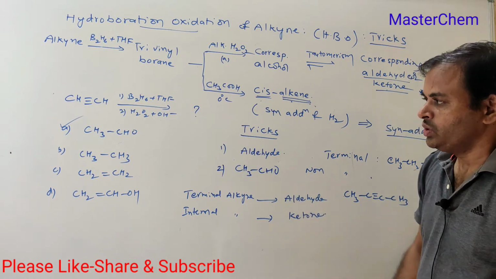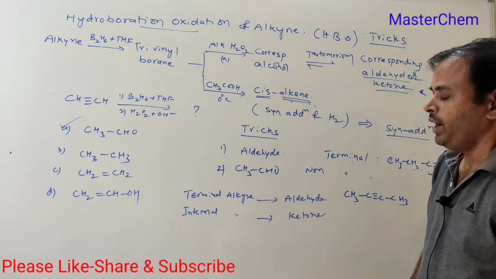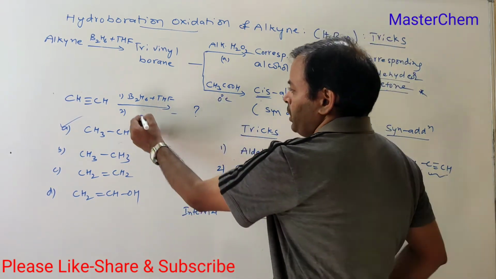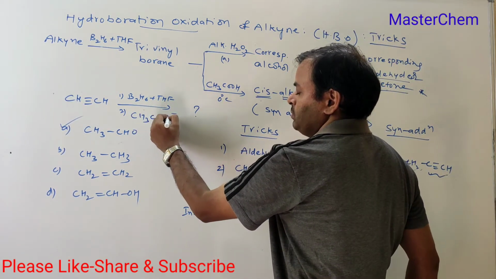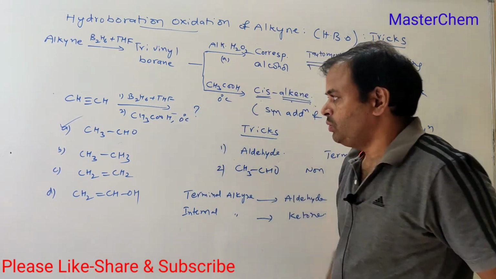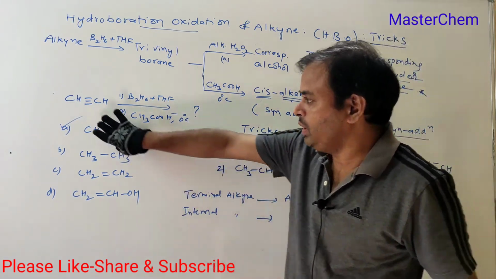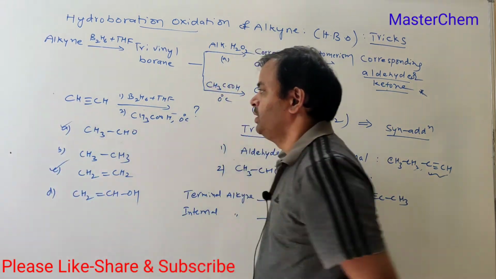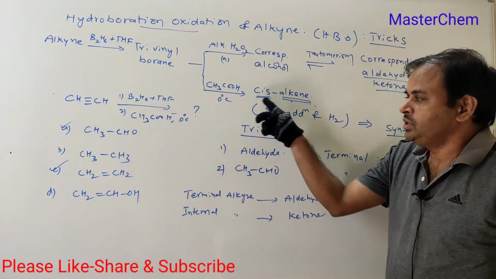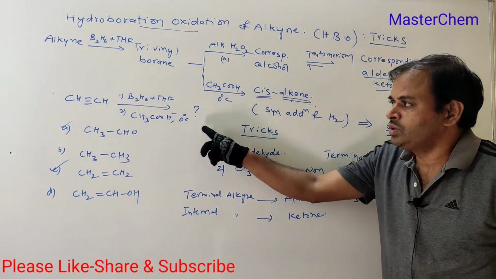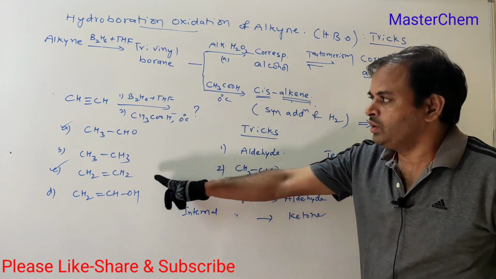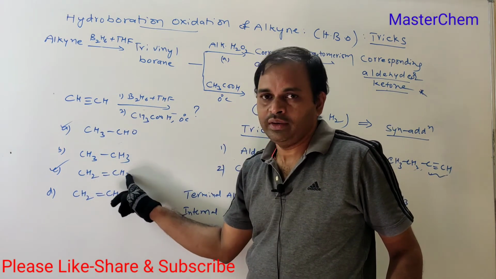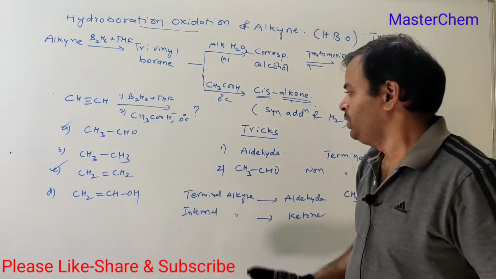Acetaldehyde. Okay, so simple, very simple. If this second case is replaced with CH3COOH, 0 degree centigrade, what is your answer? Your answer must be C, because with CH3COOH, what is the product? The formed product is alkene only. So what is the 2 carbons alkene? It is ethylene, CH2 double bond CH2.